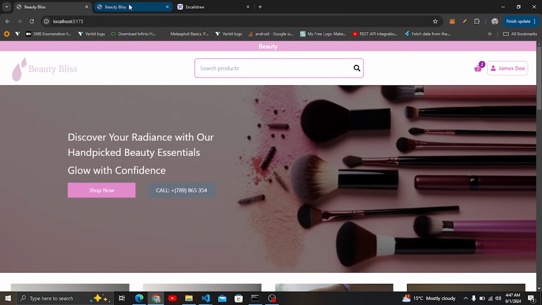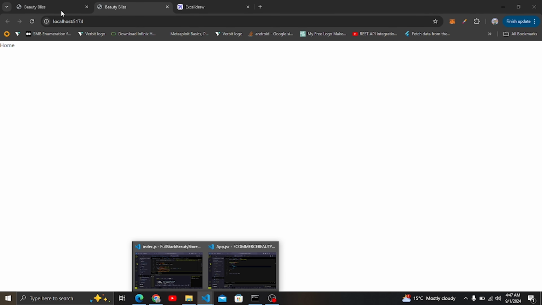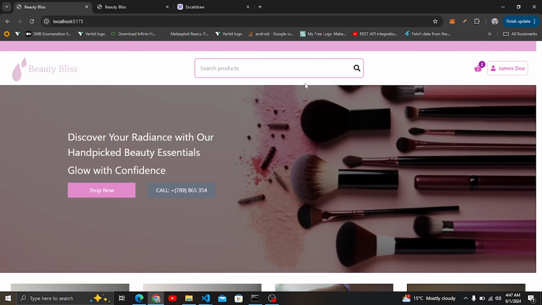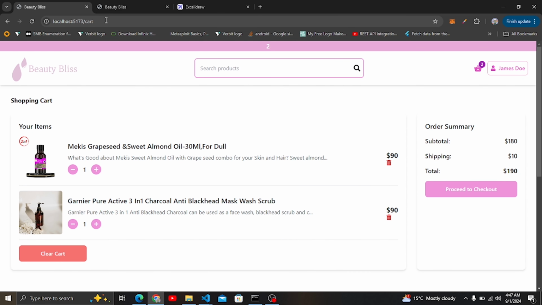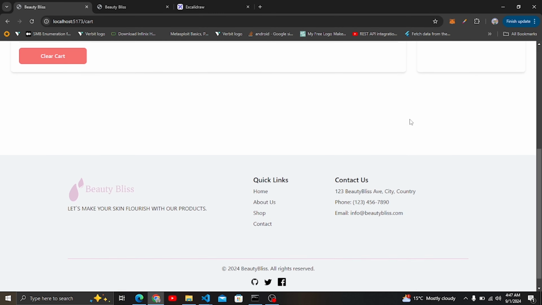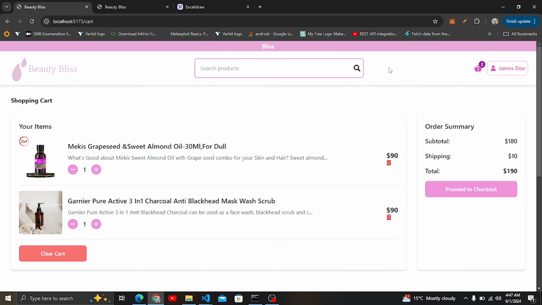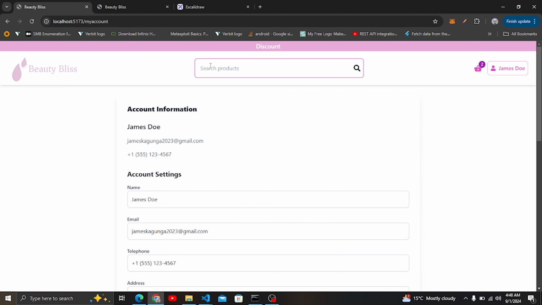So now this application is just okay, but if you check here, you'll see that this application has several pages. For example, you can come up here to basket, and you can see this is a different page. Also, something else I need you to notice is that our navbar is just here, and our footer doesn't change. We have the footer and the navbar on every page. If I go to, for example, my account here, you can see that this is a different page, and we need to create a multi-page